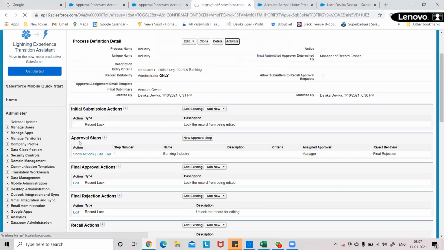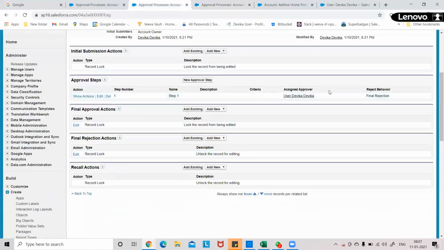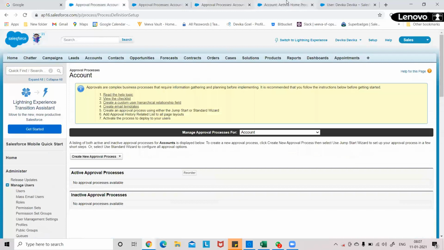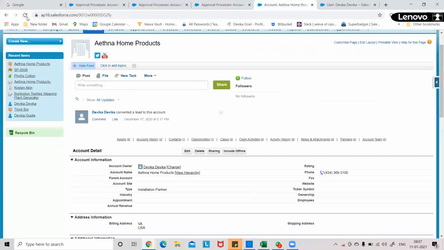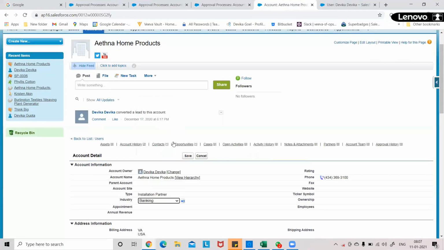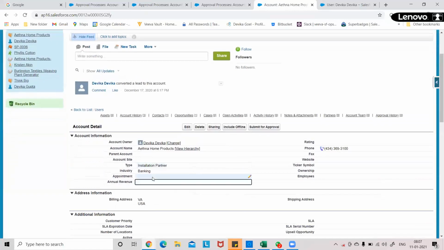Continue. Yes. Approval steps are like this banking industry one I created. Here also there was an approval step, but we have not done anything in here, so I have not activated this one yet. Let's see this one first, and then I'll activate the other one. Now if I refresh this page, the submit for approval button appeared. It was not there before. Now, if I say industry, banking, save,